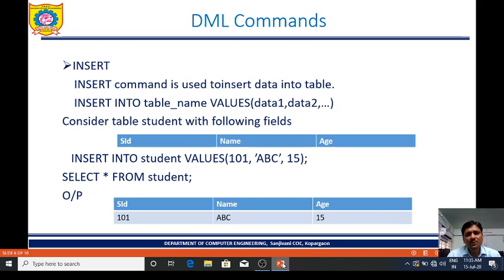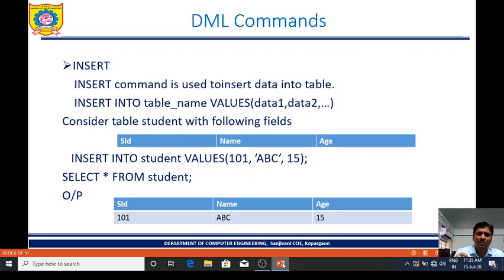Consider table student with following fields, three attributes: SID, name, and age. Now, this table we are going to create by using DDL command create. But we are going to insert values in this table by using DML insert. Insert into table name student. Insert into student values, pair of parentheses 101, comma, ABC, comma, 15.